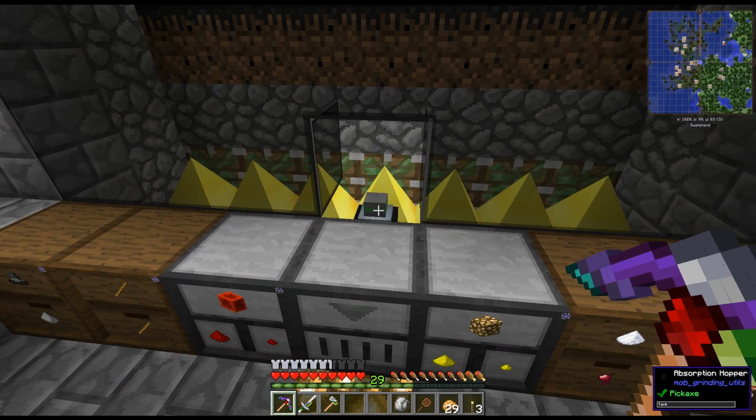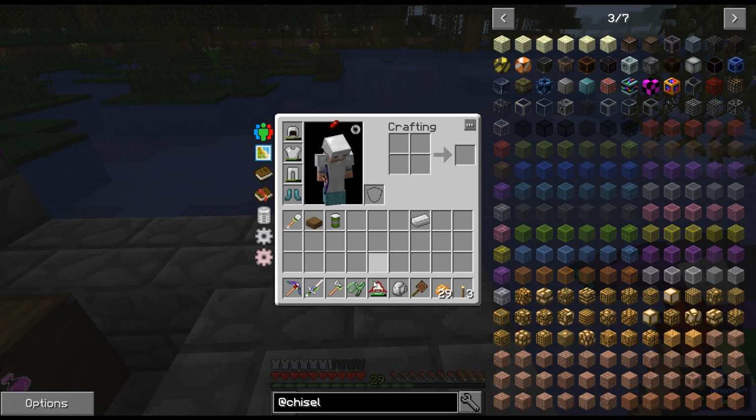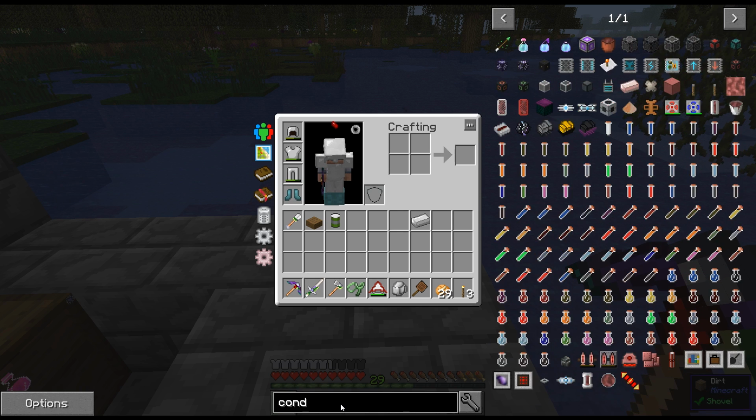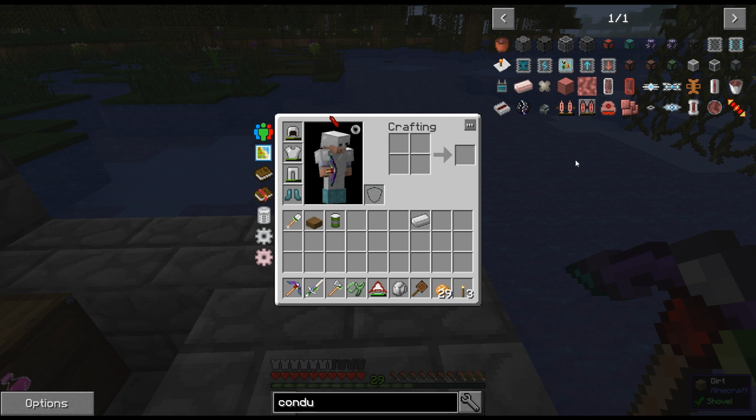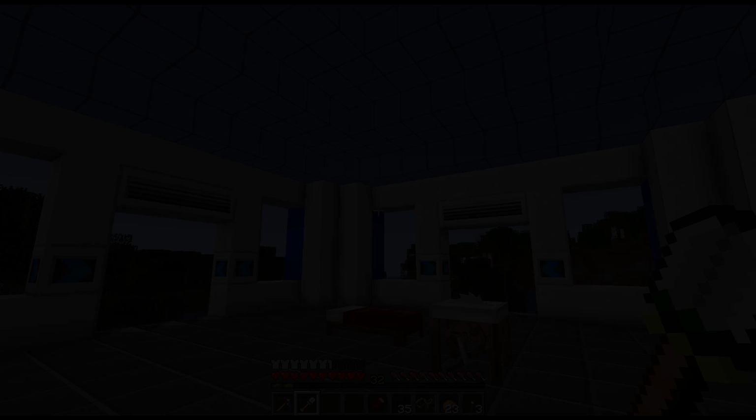Now, the thing is, I'm going to have to get me some piping here real quick. Let's see what we can make realistically. Let's see, conduit from Ender IO. They shouldn't be too expensive right here. Fluid conduit. Oh, I got binder and...